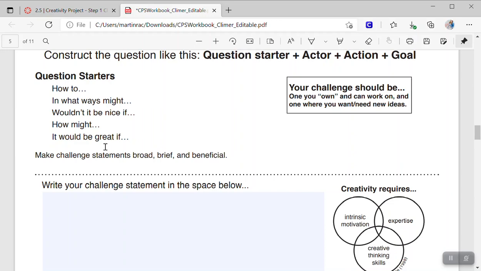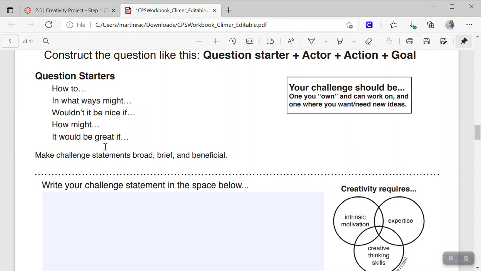You might already know what you want to do. Generalize your statement. It might be, it would be great if I had a successful Etsy shop selling home decor. Perfect.